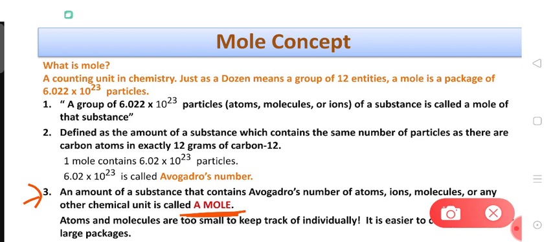So even a small metal can of cold drink, or a metal glass or metal spoon, may have 1 mole or more of a particular metal, right? So the number of atoms, molecules, ions is actually very big because they are very small. That's why we have used this whole big bunch of particles as a mole. Okay, now let's move on to the next slide.